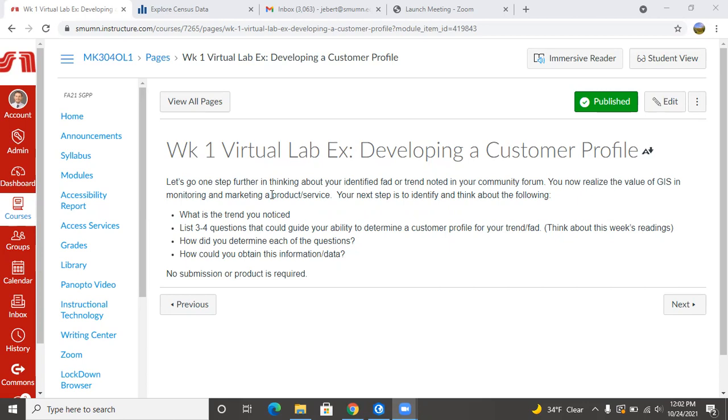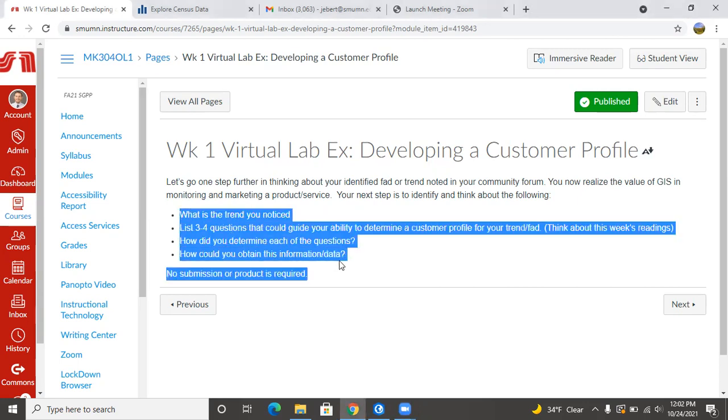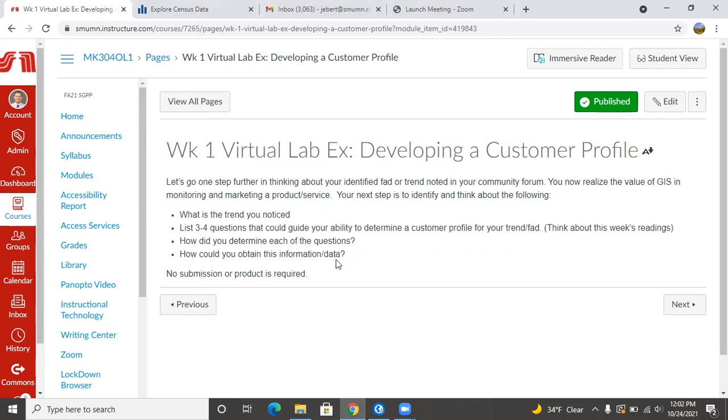So for this week, we're thinking primarily of developing a consumer or customer profile that relates to our community forum and some of the trends. We call them fads too, but I like to think of products or things of that nature in terms of trends, because everything goes through trends. So based on what you were chatting about in your community forum, carry that trend over and think about these 4 bullet points or questions here, namely, what is the trend you noticed, and what are some questions,